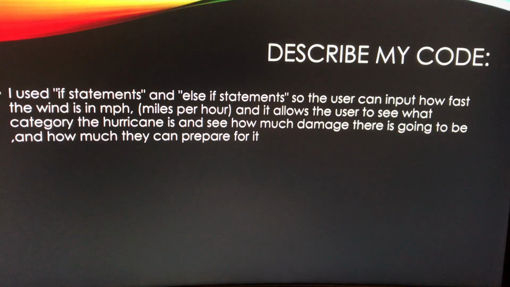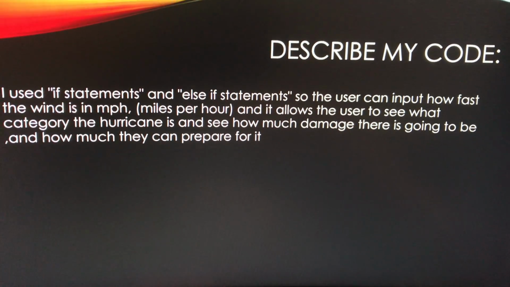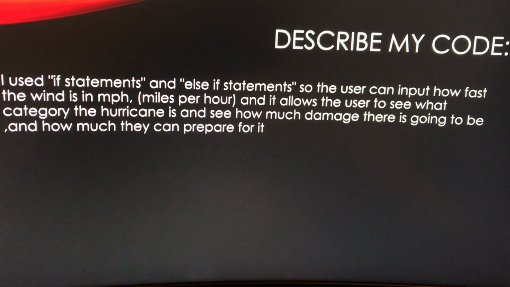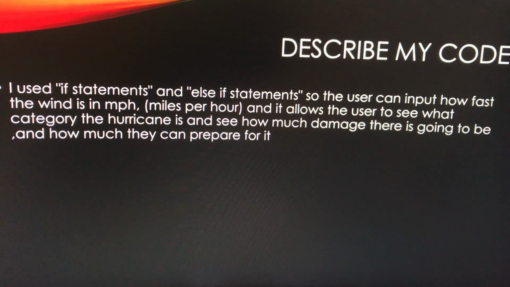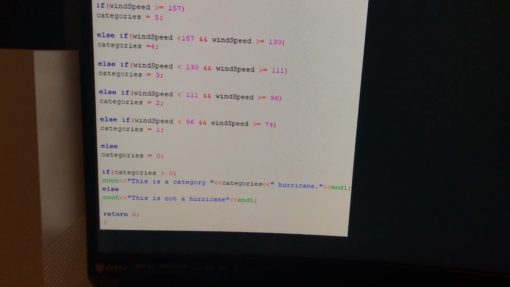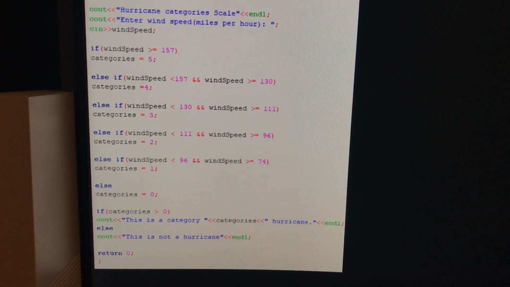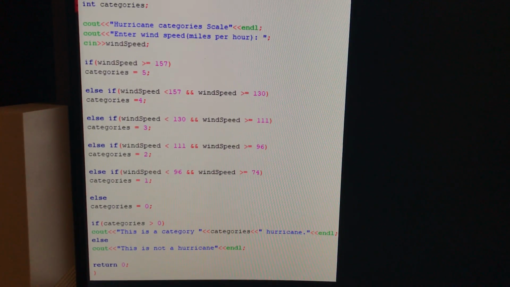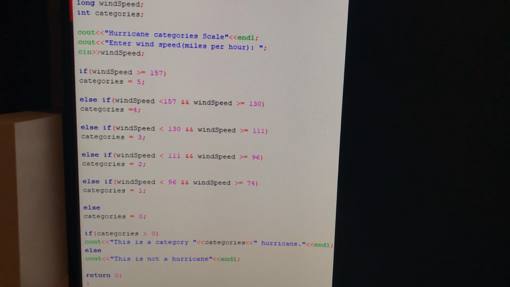To describe my code, I used if statements and else if statements because this allows the users to input their miles per hour, and if it's say 85 miles per hour, then the code will recognize that it will be a category 1. Say I said it was 98, it would go up to category 2. Say I said 123, it would move up to a category 3.